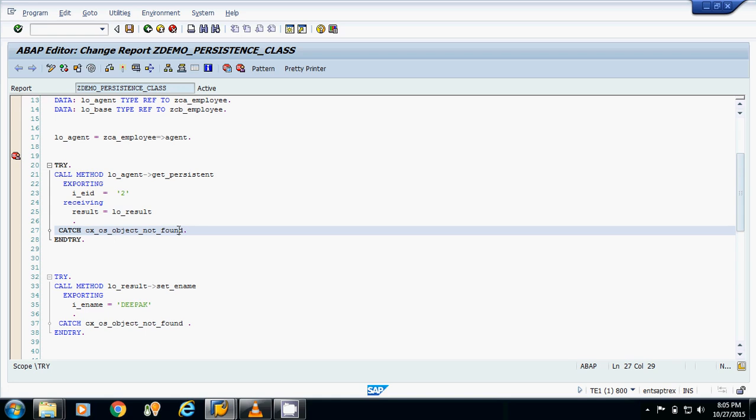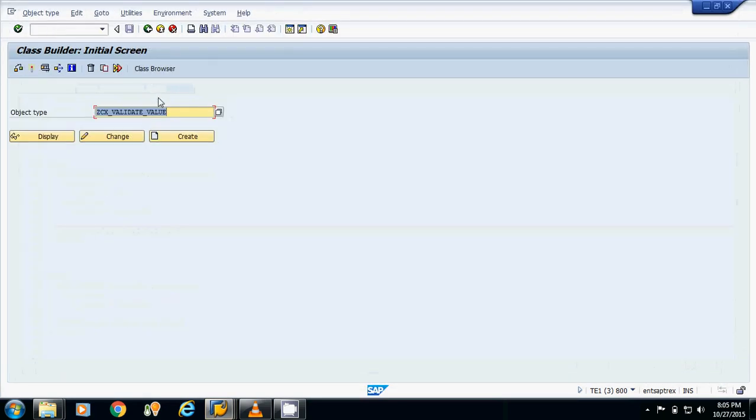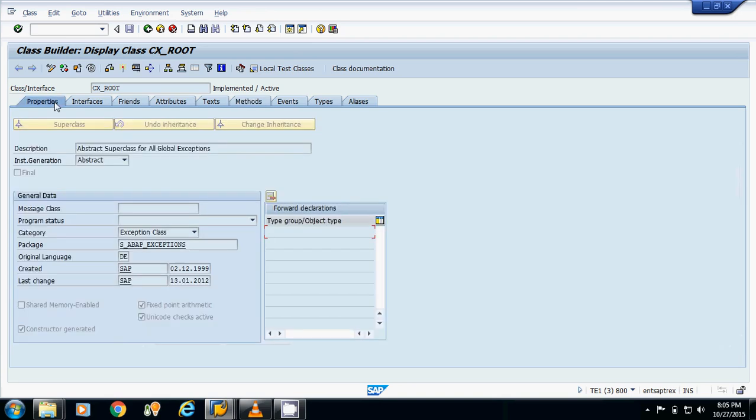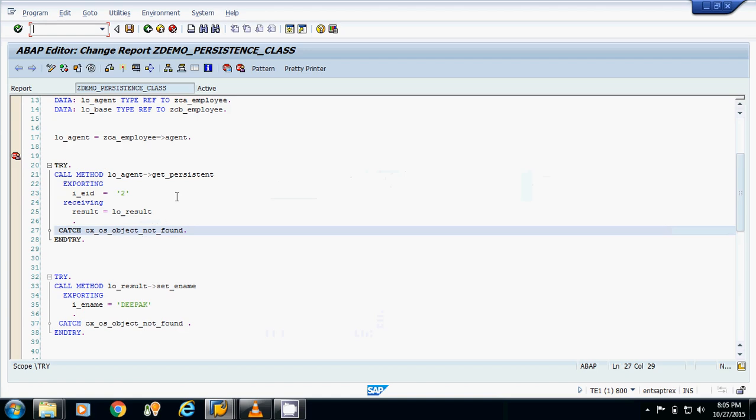For handling exceptions in SAP we have one global class, that is CX_ROOT. If I go to transaction code SE24, we have one global class for exceptions, CX_ROOT. If I display this class and see its properties, this is the super class for all the exceptions. Now I will handle this error with the help of this super class.